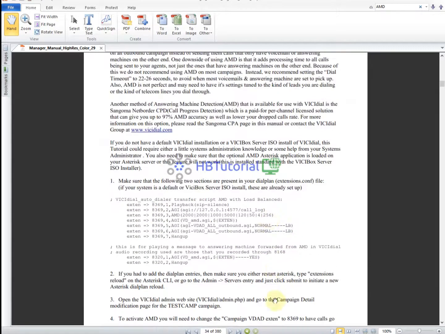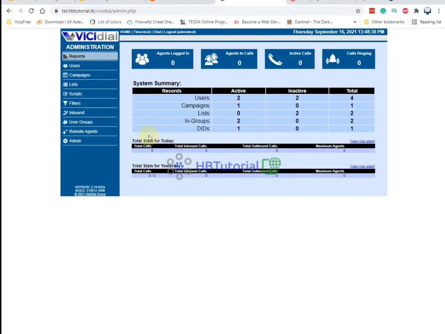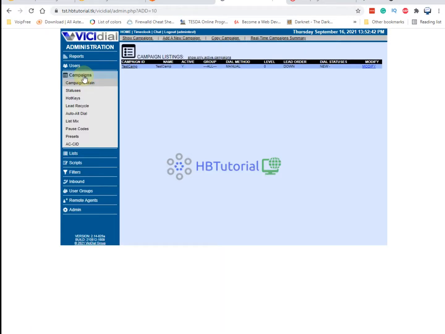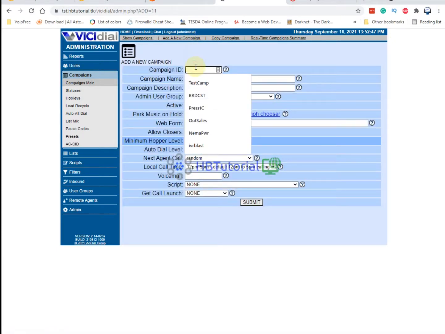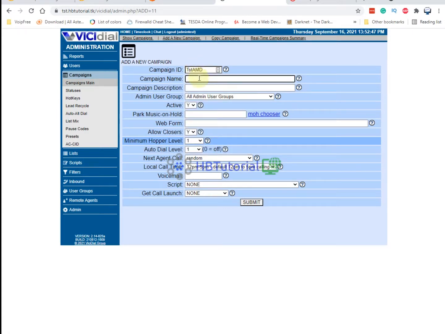Okay, so we're going to start now. I'll show you how to create an auto dial campaign with AMD detection. Okay, so just going to add a campaign. I just put test camp AMD. This is a test AMD campaign. And then so right now